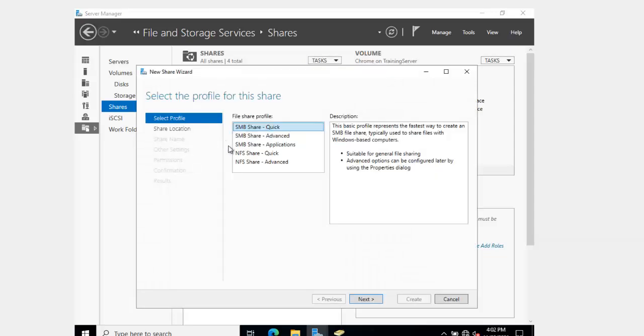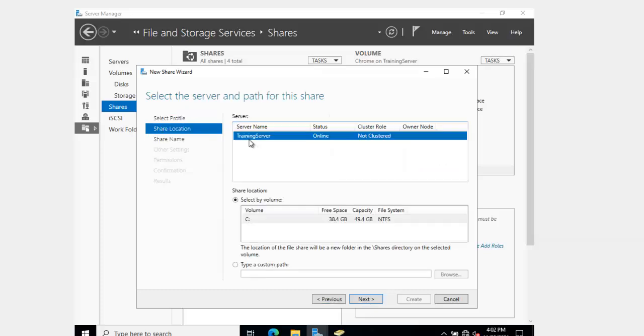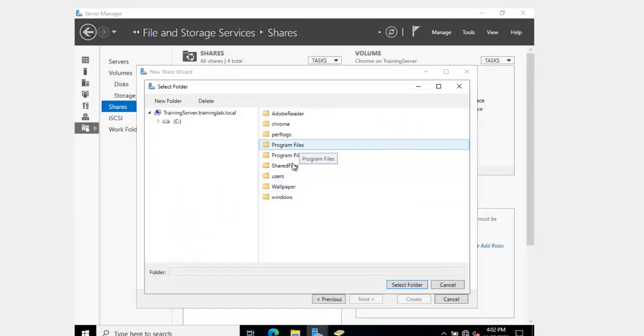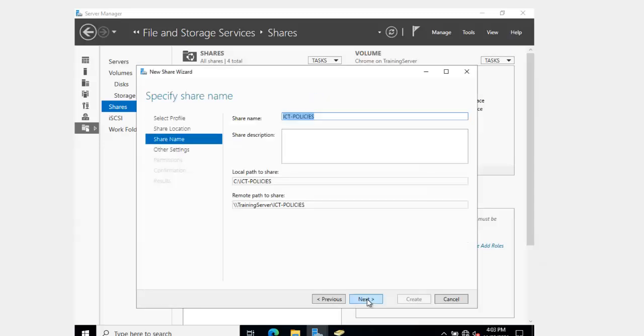For this particular scenario, we are going to simply click on the server message block, the SMB share. Our server is listed. If we want to share the entire volume, we can select by the volume and that will share our entire C drive. But let's just go ahead and create a folder by checking on the custom path. Click browse. We need to create a folder here. So I am going to create a new folder and let's just give it the name ICT policies based on the scenario that we have created. Click on select folder, click on next. Our share name, I'm going to leave it as ICT policies, and the remote path to share is the training server